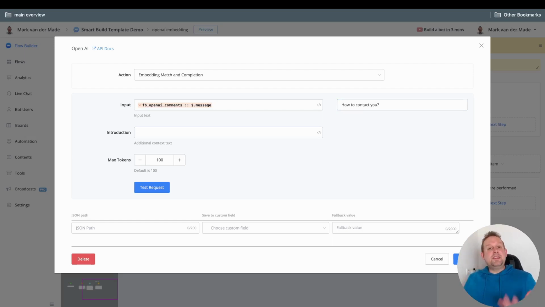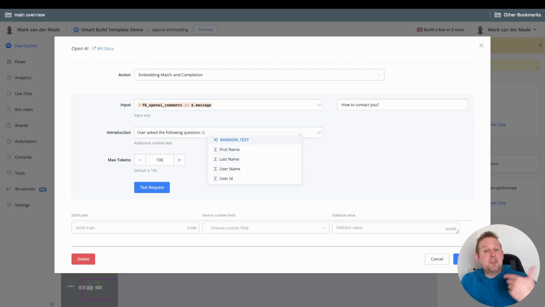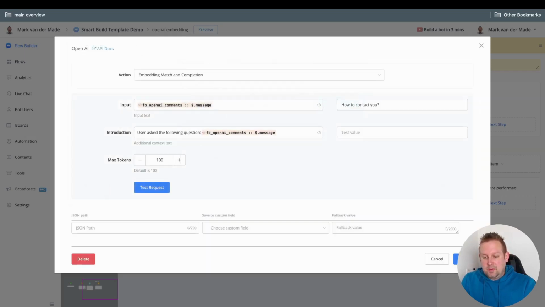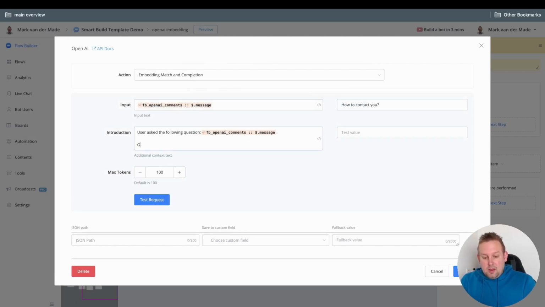And then in the introduction, we need to give OpenAI context on how to reply. So what we are going to do is we're going to say, user ask the following question. And then we are going to map the exact same as in the input. So let's go with Facebook OpenAI comments. Going to pull in the correct information again. Let's go with message. There we go. And then the next step will be generate a reply with